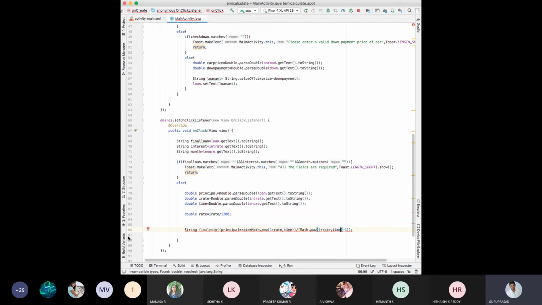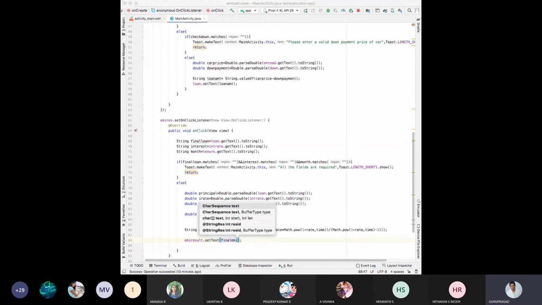But it is a string value, so wrap the content in a string. Then you have an edit text view as EMI result, right? EMI result dot set text as final EMI. Correct?